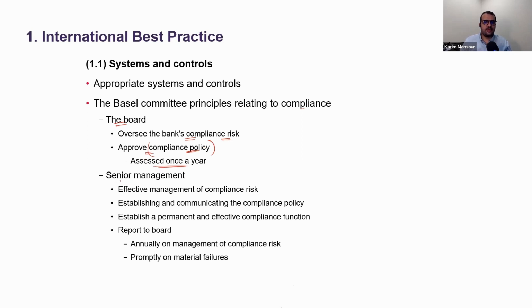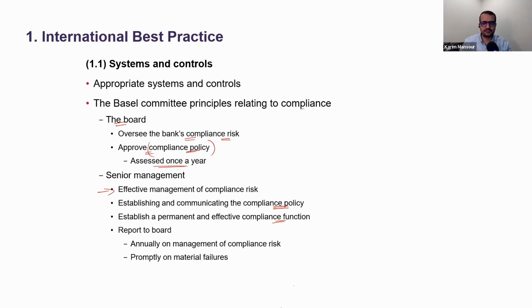Basel says that the senior management should ensure that there is effective management of compliance risk. We're talking about the chief risk officer, the chief compliance officer. Establish and communicate the compliance policy with the employees and the rest of the firm. They're responsible to establish a permanent and effective compliance function. It's one of the requirements of getting a license from the regulator to have an effective and permanent compliance function. When we mean permanent, we mean not temporary, because some of the employees you might get are temporary. You only work for the summer and bye-bye. So you can't say, okay, I will get a compliance manager for like 3 months and then you will go. No, you have to have a permanent